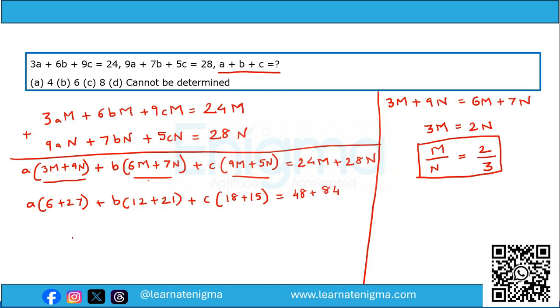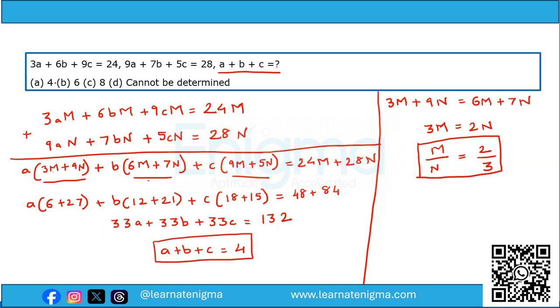Now, if we simplify this, it becomes 33a + 33b + 33c = 48 + 84, that is 132. Now, if we divide this equation throughout by 33, we will have the equation as a + b + c = 4. 132 upon 33 is nothing but 4. And that's what is asked, a + b + c. So answer will be